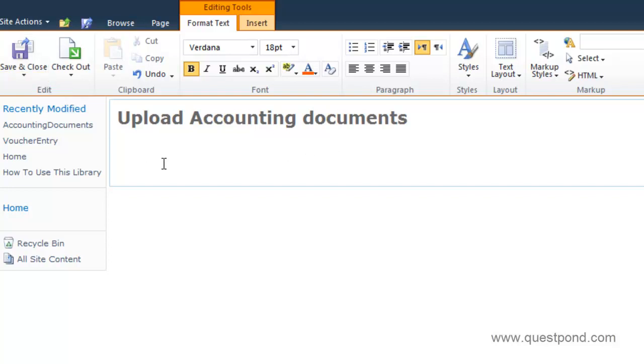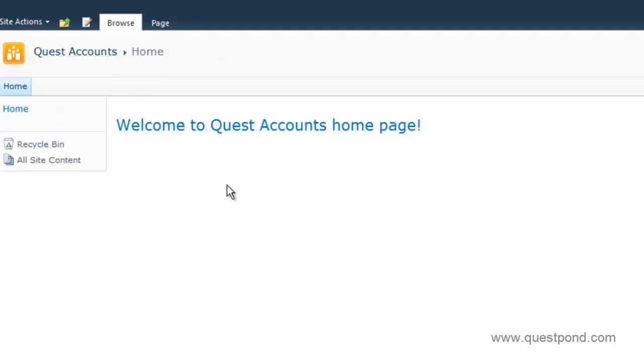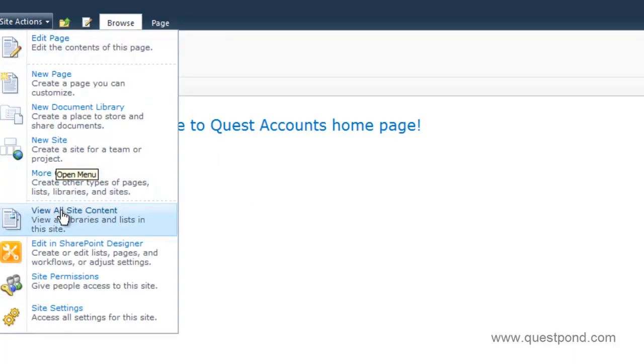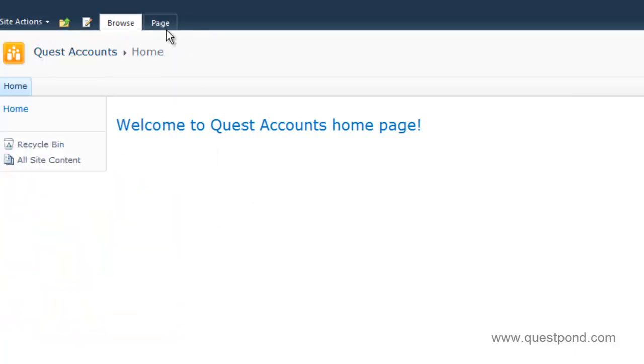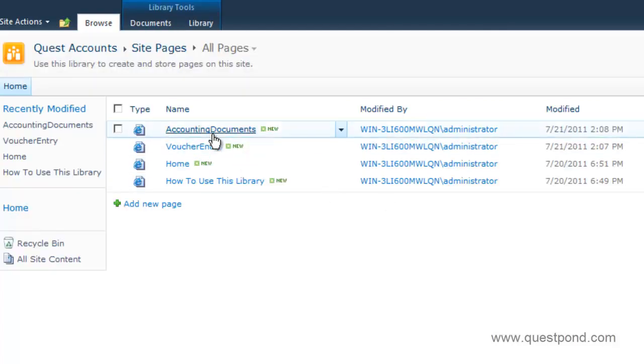So that's my accounting page stored. Now let me go back to my Quest accounts here, and let's go and add these 2. Oh, again I have not stored the URL, so let me go back to view pages, view all pages, and let's take the link of the voucher entry as well as the accounting documents.